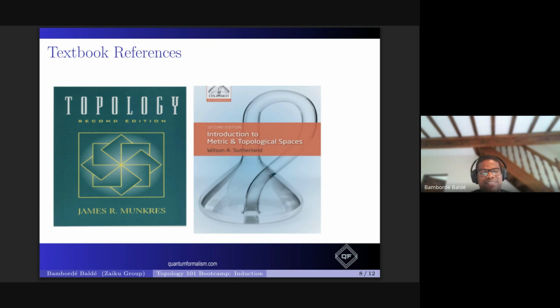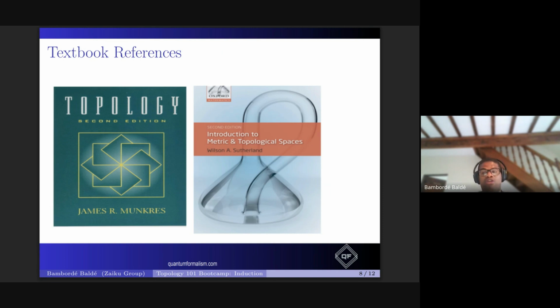So the second reference is Introduction to Metric and Topological Spaces. Some people complain it's not the friendliest thing, but I actually think it's not bad. These are the two references that I would say to get in order to do your self-study in between the sessions or after the sessions with me. They are in depth enough. In fact, they cover a lot, and we only need portions of each, basically.